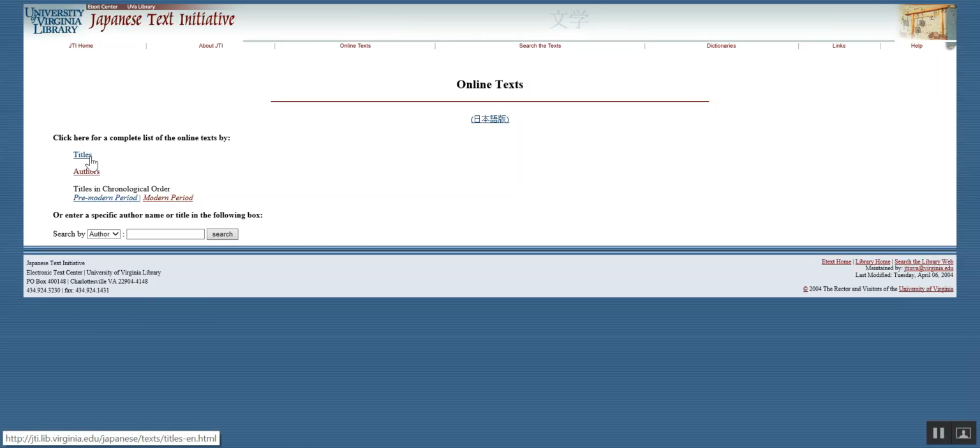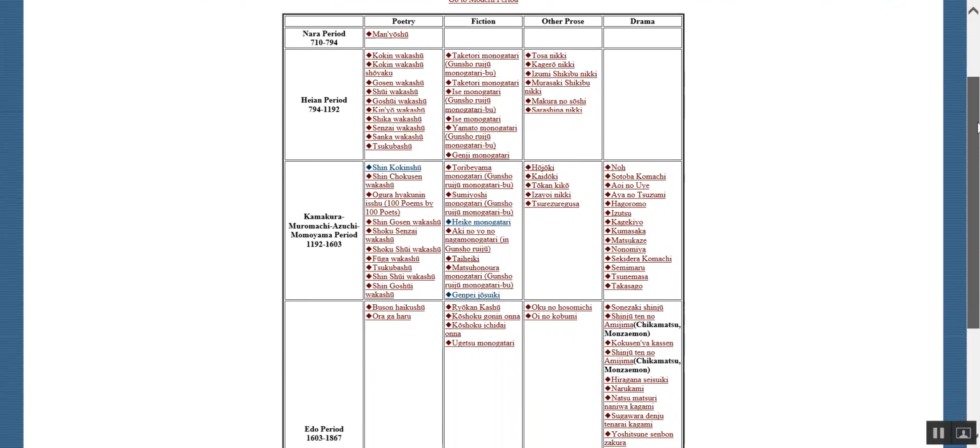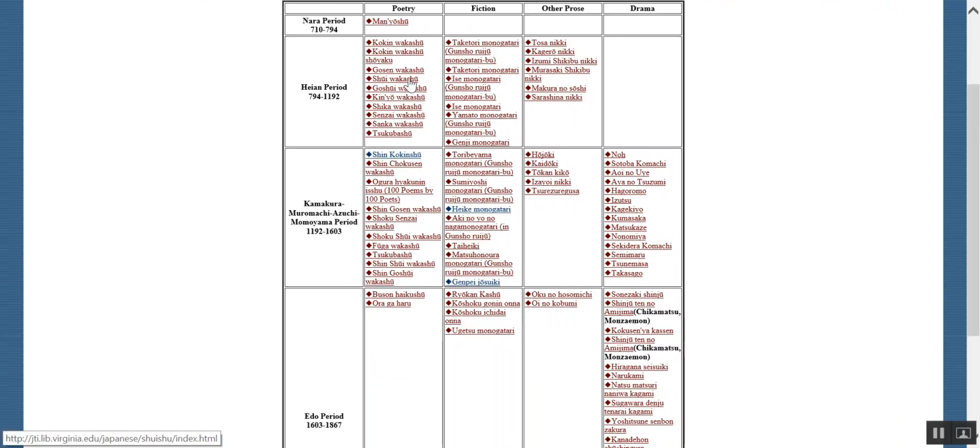If you click on this titles and authors, you'll get a complete list of what they have in the initiative. And then here is the titles in chronological order. So let's click on pre-modern period, because that's what the medieval Japan is. So as you can see, this table is a pretty nicely divided table. You get the time periods on the left hand side for different genre types, and then the titles or the text within each genre listed here. So this here is the medieval